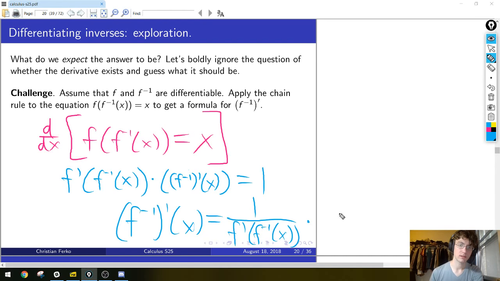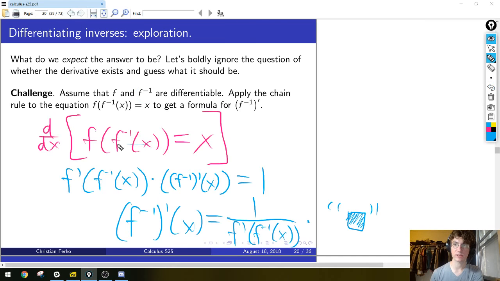So I'm going to put a box around that because we haven't actually proved anything. We just guessed the answer. In fact, this is the correct formula for the inverse function's derivative in terms of the derivative of the original function. So we've guessed the answer, but we have to prove that if f is differentiable, then f inverse is differentiable,